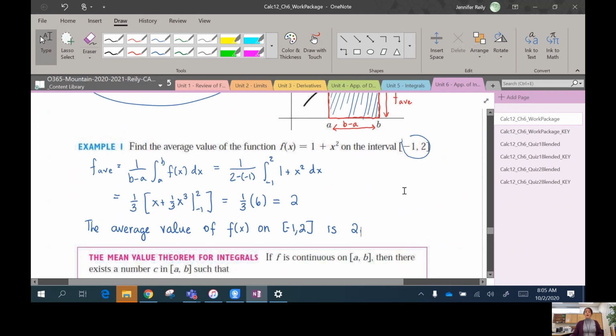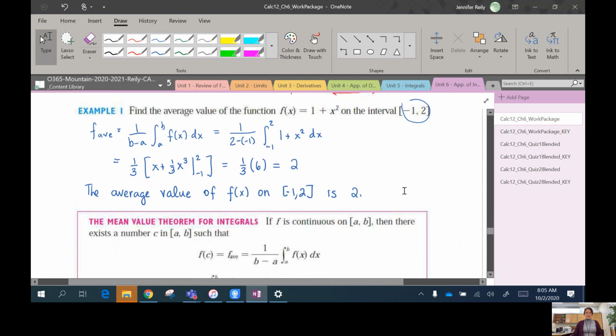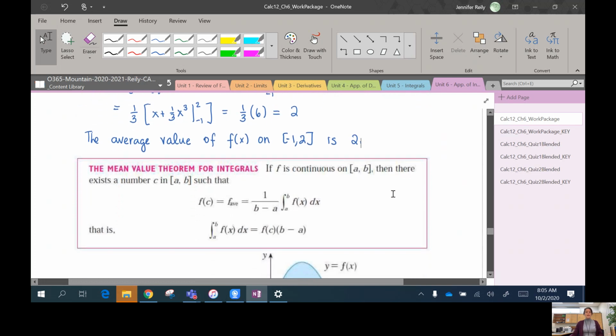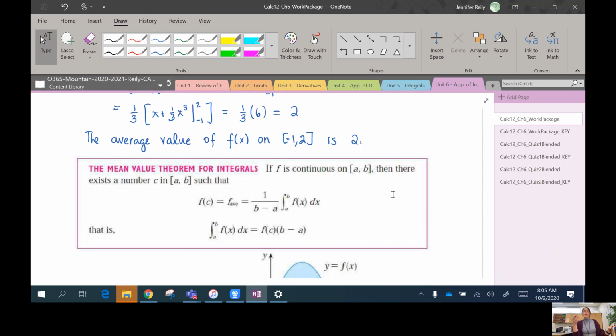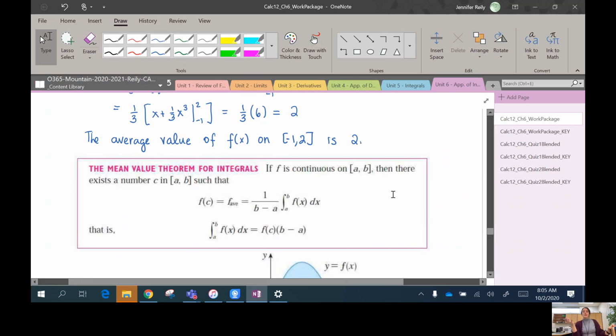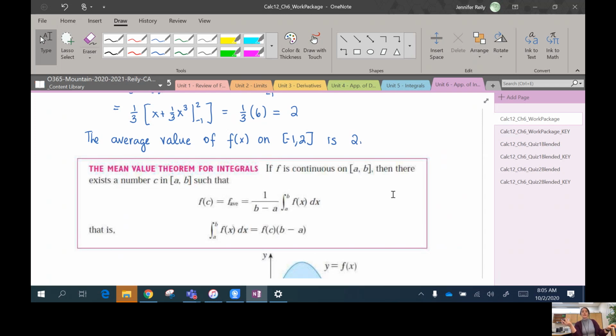There's one theorem that goes along with this idea, though. And I like to think about this with an analogy with cars. So let's say you're driving to school and you calculate the time it takes you to get there and the distance it is, and you figure out that your average speed was 40 kilometers an hour. Okay, so your average speed was 40, then, but you're not going 40 kilometers an hour at every